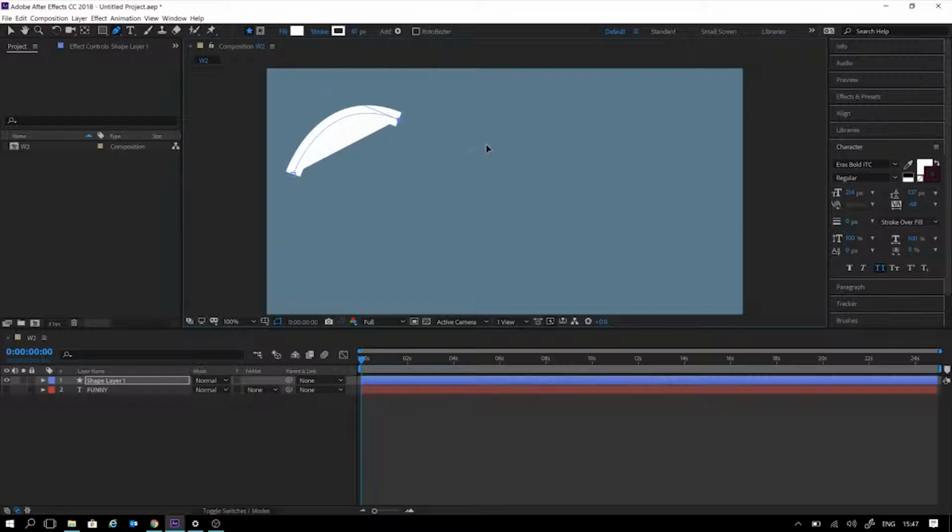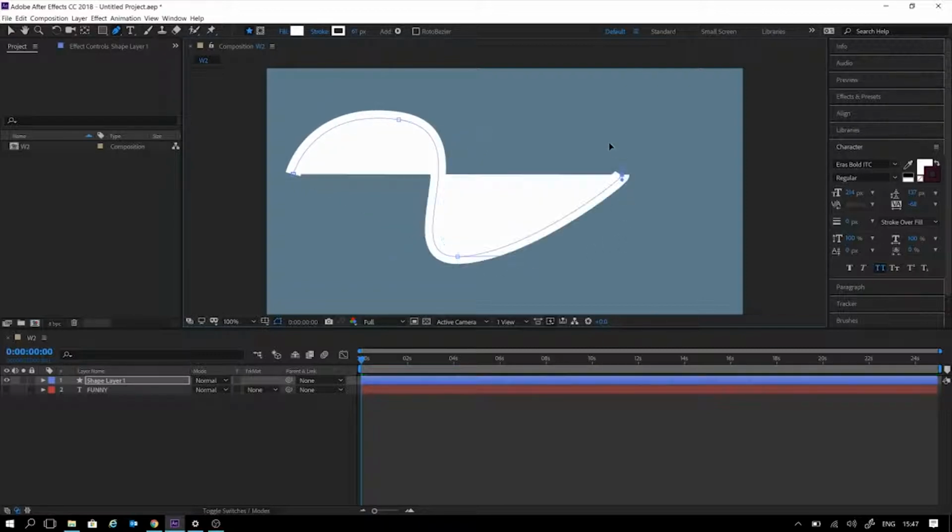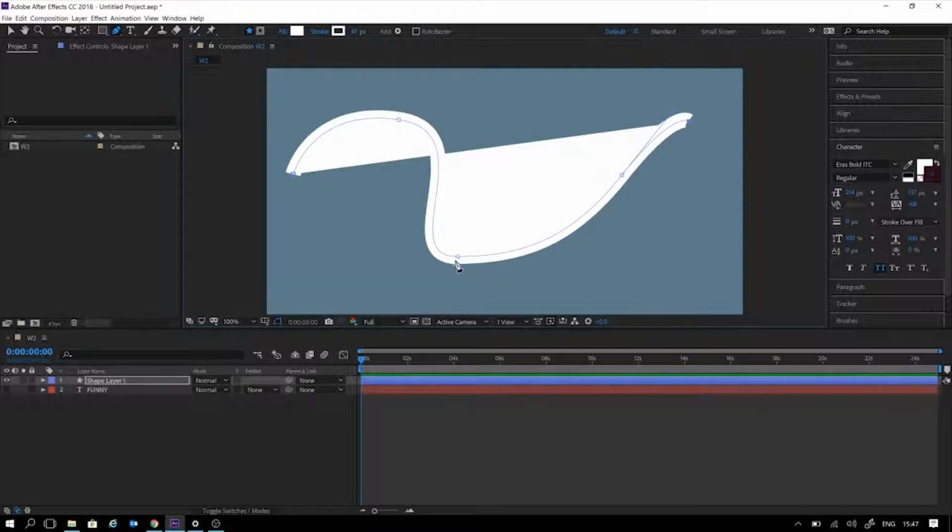Okay, let's do a little bit curvy, right? Instead of a straight line, sometimes it will be boring. Okay, I'm just going to do this and this. Yay! Okay, for this After Effects, if you want to adjust this line or these points,